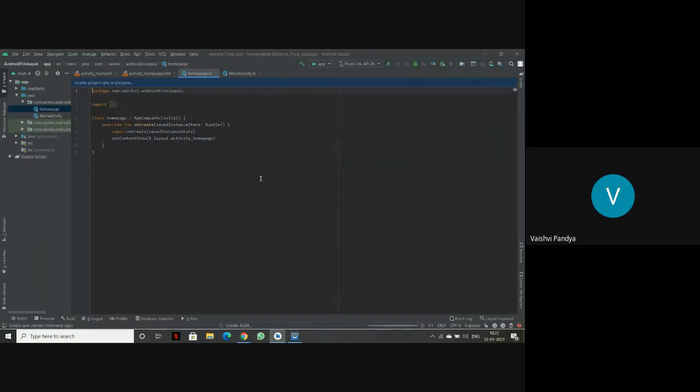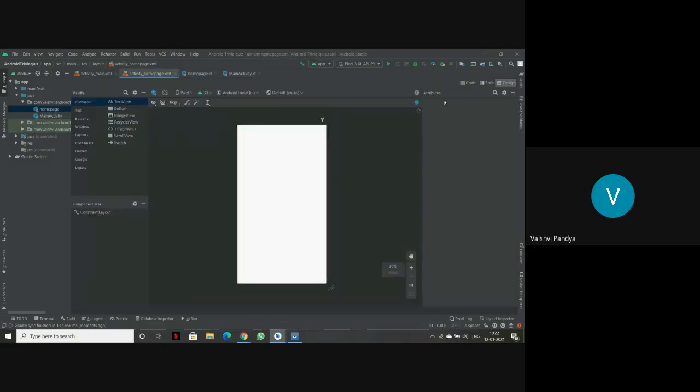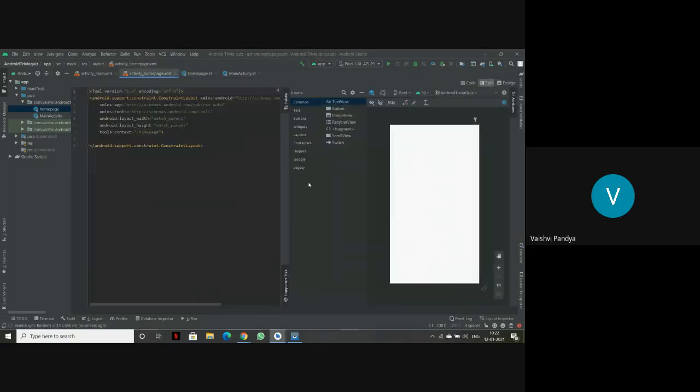As you can see, the home page KT has been made and the home page XML has been made. What is KT? KT is just Kotlin. Here you can write your program. Now what is the home page XML? It is the design that we make. You can see it is plain, it is nothing, but first we'll make the design of our second page, how I want my second page to look when I press the login button that we had on our first page.